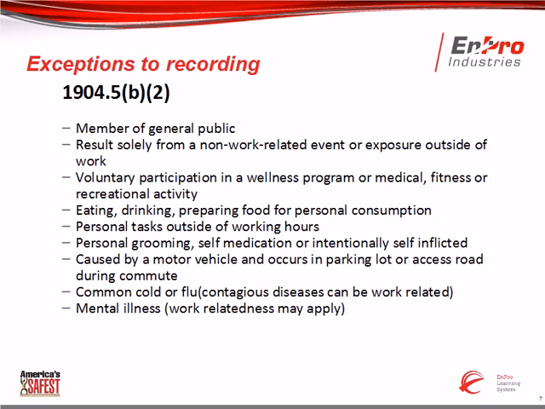Now, if the workplace is supplying the food for the employee, and let's say we had food poisoning break out amongst the employees who consume that food, that could be a work-related incident, as well as maybe some contaminants. The example that's given right in the regulations would be that of lead. If we get lead contaminating food and then it's ingested by employees, which leads to an illness down the road, that would be a work-related exposure. But the normal everyday people coming in, eating, drinking, and preparing food for their own personal consumption would not need to be recorded on the log.